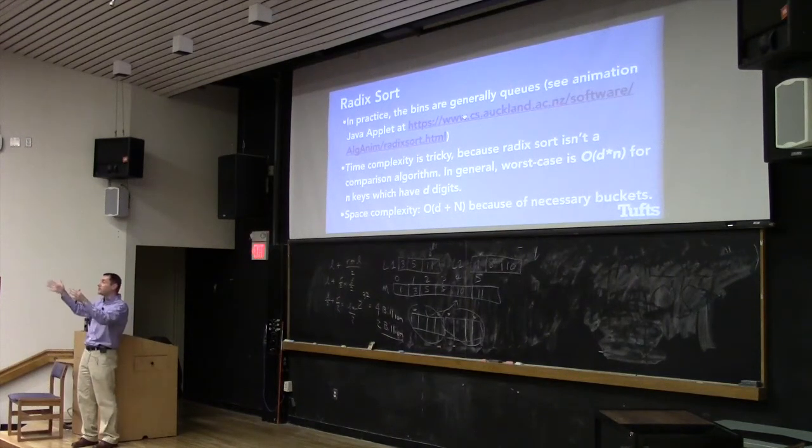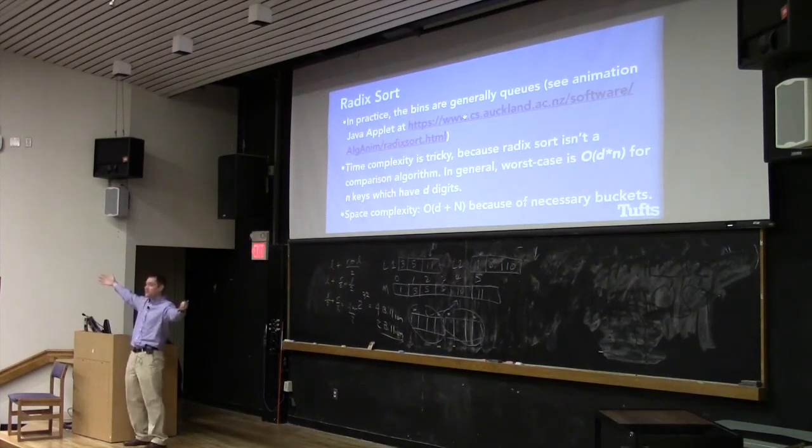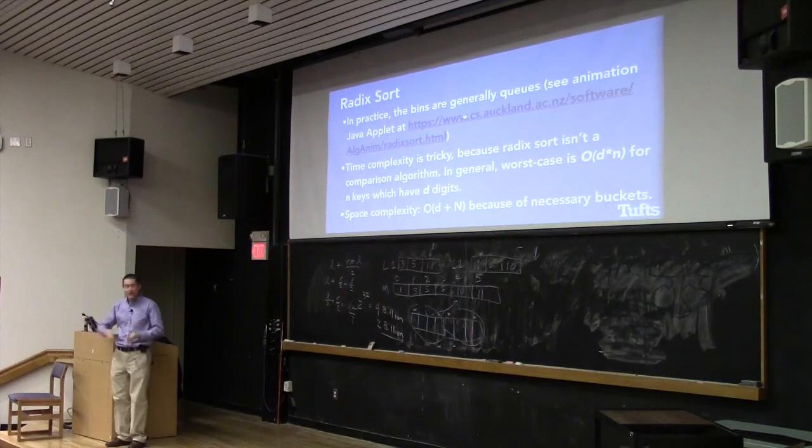Because if you've got 5 digits, you have to go all the way up to the 10,000s place. Okay, if you've got 100 digits in your number, you'd have to do 100 passes, right? So that's going to be in there. And then for each pass, you're going to have to go through the list. Multiply those two together, you have n keys which have d digits. The complexity is on the order of d times n, which is actually linear. So we've actually got a linear sort here, which is